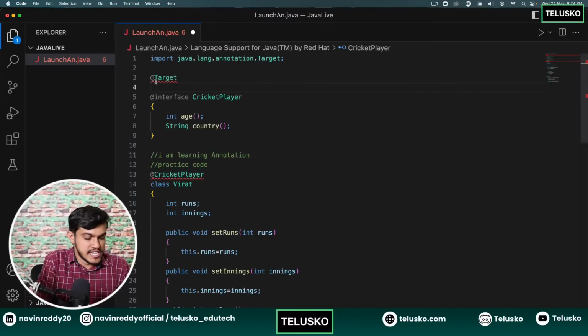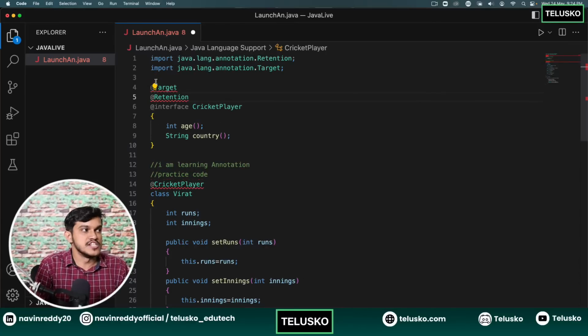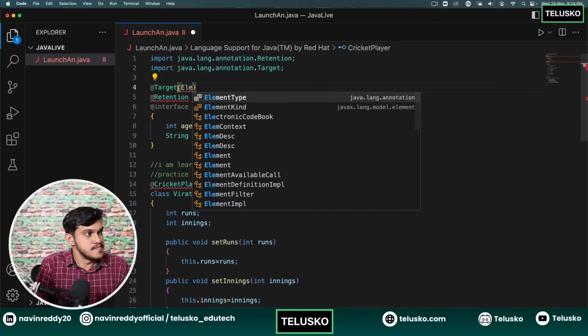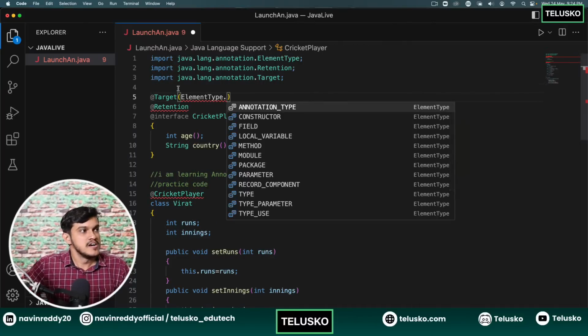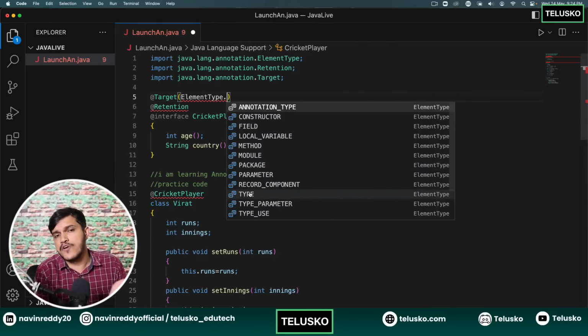Target. Not just that, I also have to inform the retention. Here I will say element type. That means till which element type. ElementType dot, see here: annotation, constructor, field, local variable, method, module, package, type. Type means it is applicable for a class,